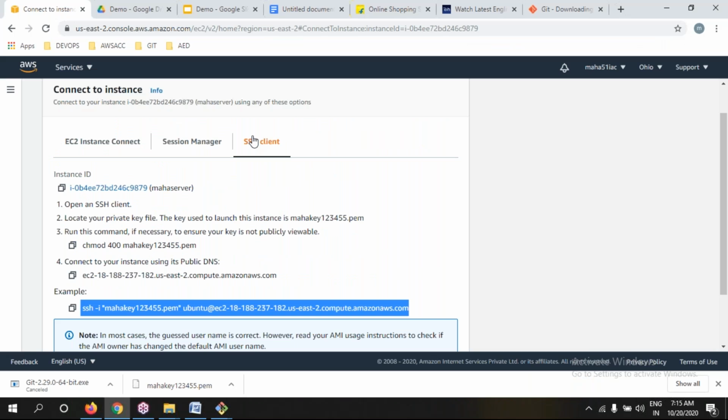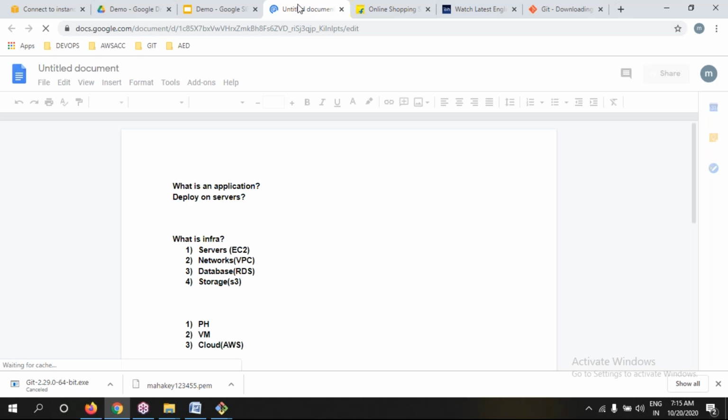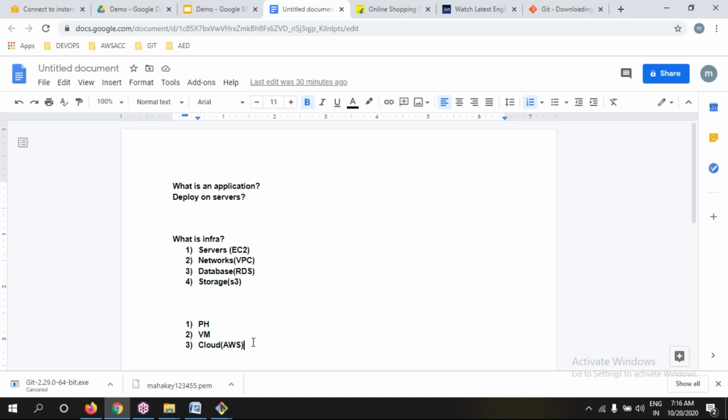So what are volumes? How are we going to create a volume? AMIs: how can we back up the servers? How can we handle the storage in AWS servers? What is load balancing? How are we going to load balance between the servers? How are we going to scale up and scale down elastically? How are we going to map our website domain name to the servers? Everything we're going to discuss in the coming classes. Tomorrow we're going to continue EC2, guys. The AWS EC2 module we're going to continue.